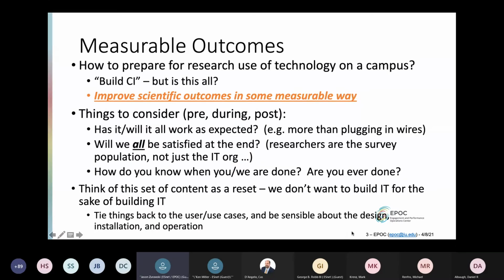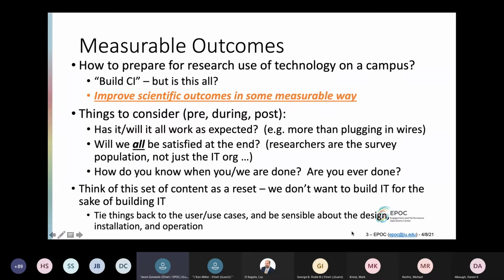This isn't just plugging in wires. This is making sure that the users are happy as well. And we want those people to be satisfied. The researchers are the survey population here, not just your IT colleagues. And most important, how do you know when you're done? And are you ever done? Is this the sort of project like painting the Golden Gate Bridge, where you get to the other side and then you have to start on the other side again,